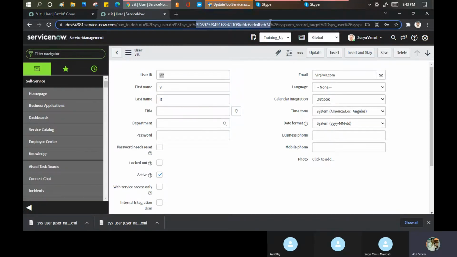It tried to find the sys ID, from here when I went there, I tried to find the sys ID, it was not found. It tried to go for the creation of the account. Creation failed because we have a policy that no two users should have the same user ID.